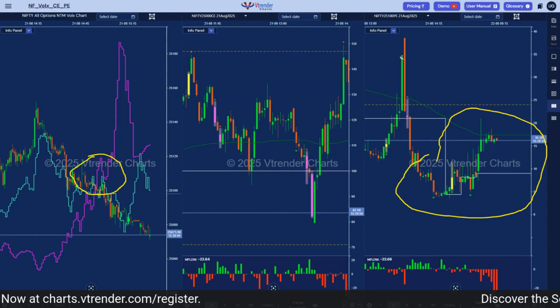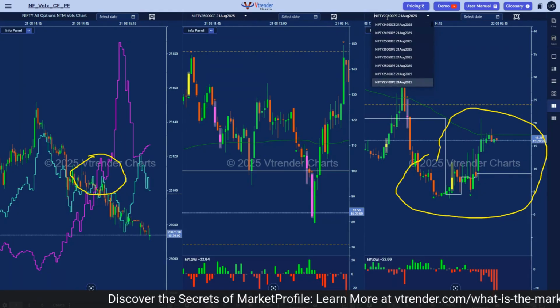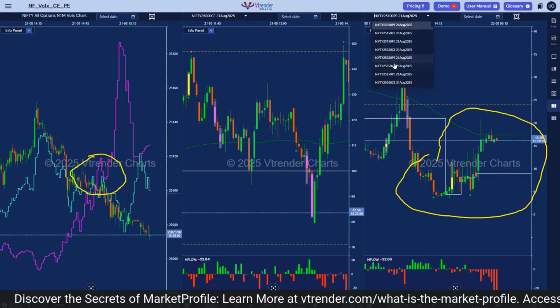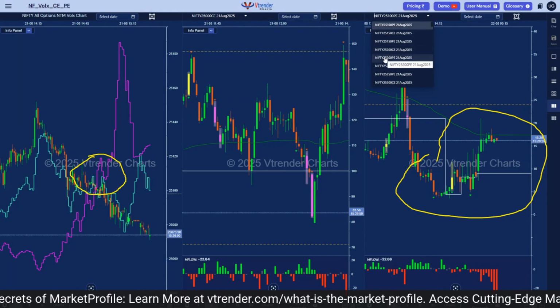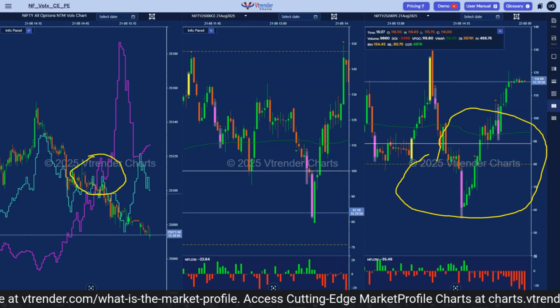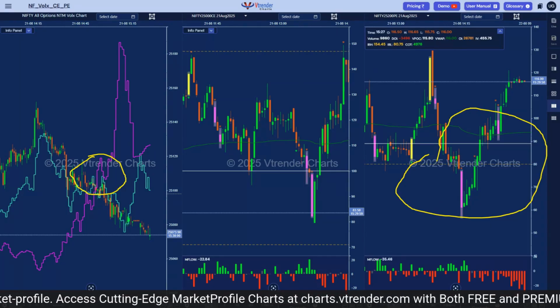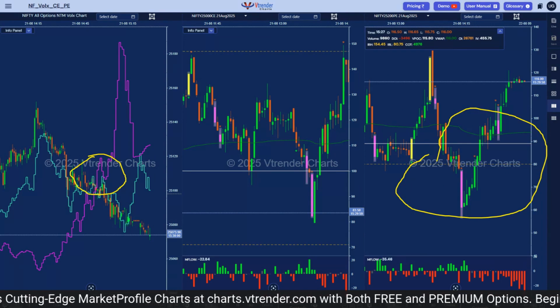In fact, the 25,200 put gave us an IB3 at VWAP. And this is what is most useful of this chart, you can keep changing the strikes using the drop down menu and go to the current strike. For example, we started the day looking at the 25,100 put, but now because the strike was higher,